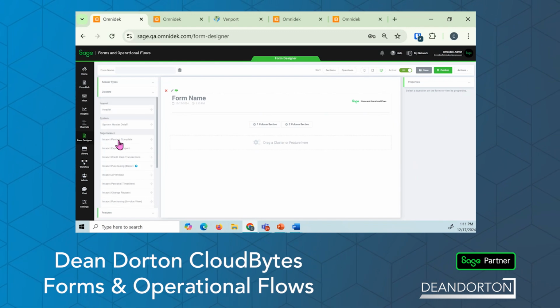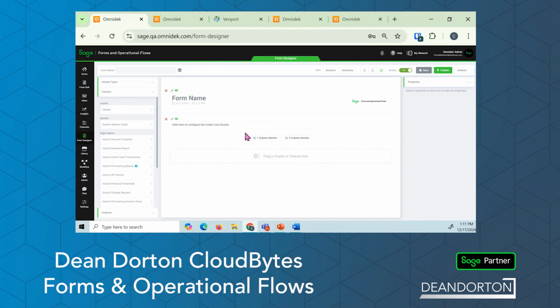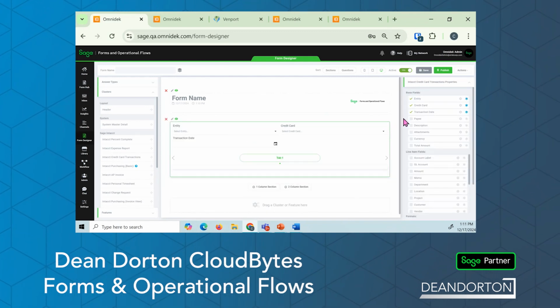So for example, let's say I wanted to do a form for sending in credit card transactions to cash management. Well, I can simply go here to the credit card transaction cluster, and I could drag it over here, and then whenever I click on it, it's now just a mapping exercise to what values do I want populated in my cash management, so that now whenever I connect my bank feed, it can do a reconciliation and